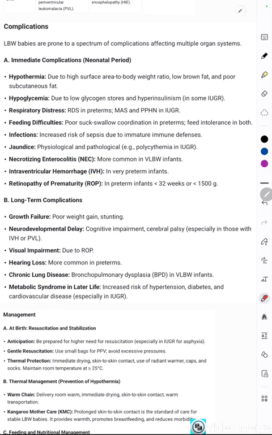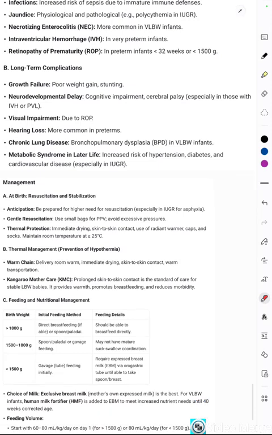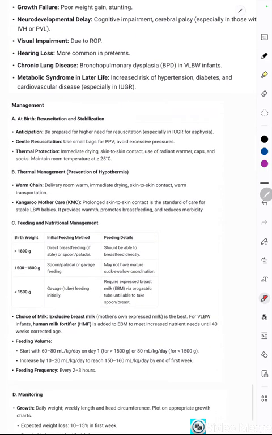This is caused because of the newly formed blood vessels. They are not strong enough. Then the long-term complications. The long-term complications will be growth failure, neurodevelopmental delay, visual impairment, hearing loss, chronic lung disease, and metabolic syndrome. So the management of this is anticipation, obviously, because if there is a spontaneous preterm delivery or